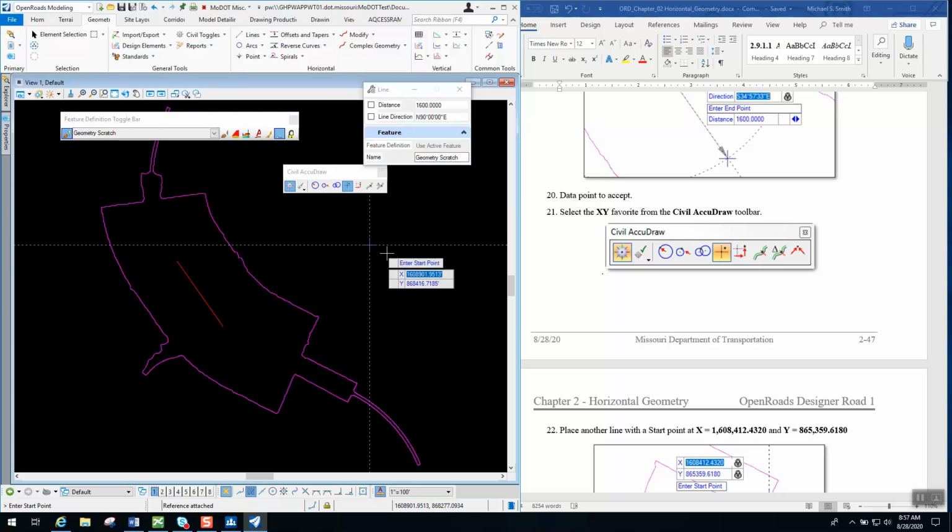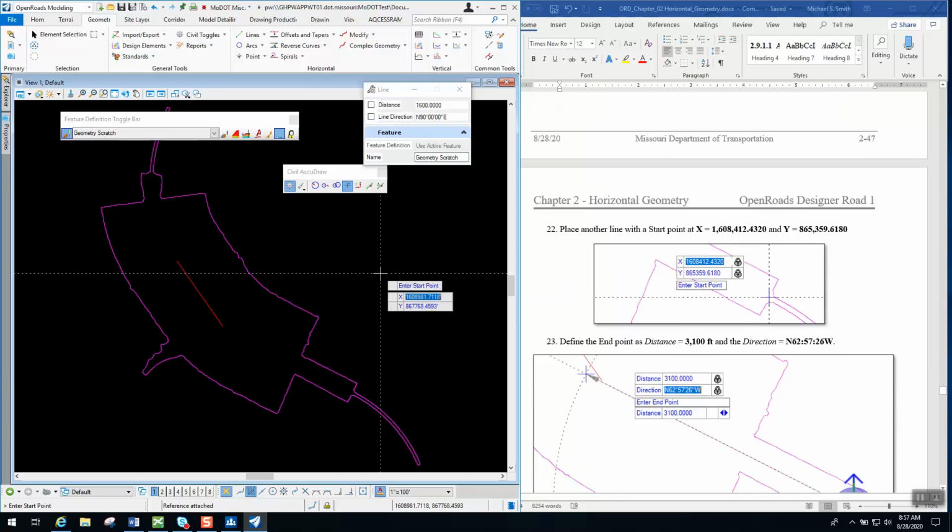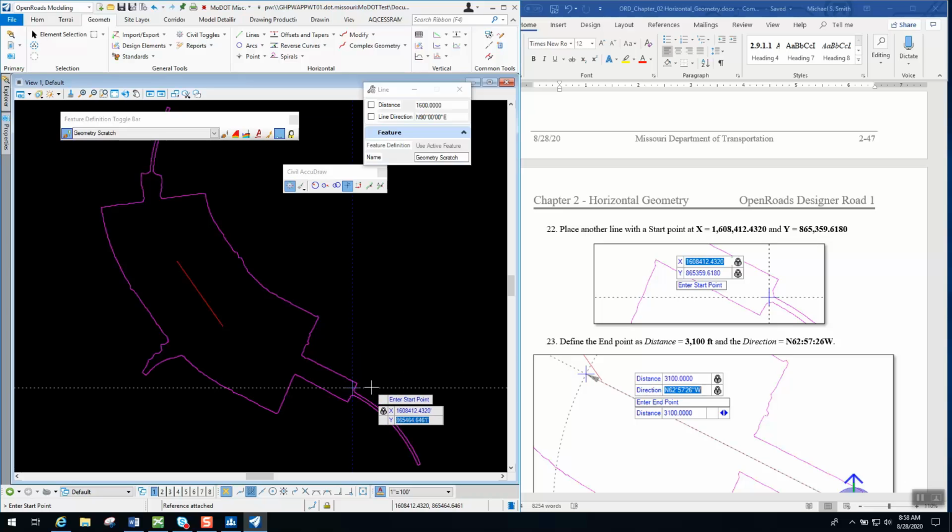The start point for this one, we'll scroll down. Here's the X and Y information given to us, so we'll try this one, 1608.412.432. Okay, we'll double check that, 1608.412.432, and we'll hit enter. So that locks it in. You can see that's going to be pretty much where it is in the picture, right down in that location. Okay, so then the next thing, the Y, we're doing